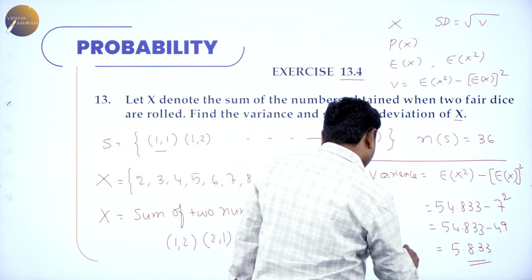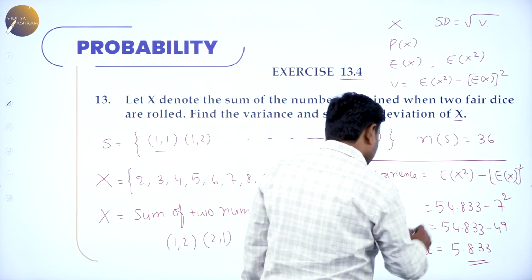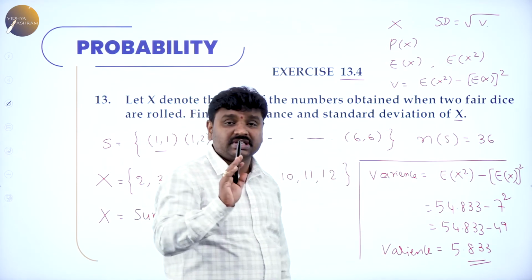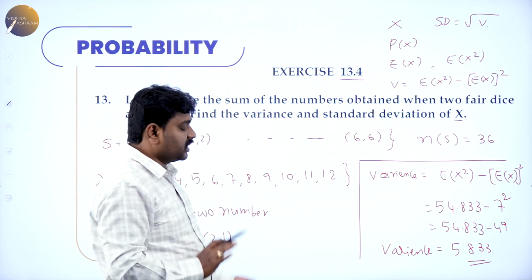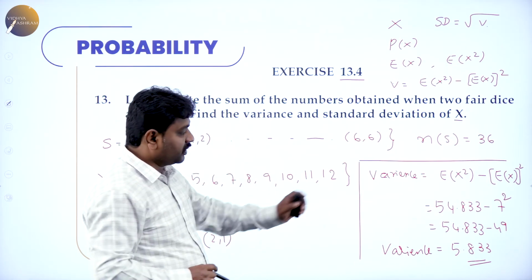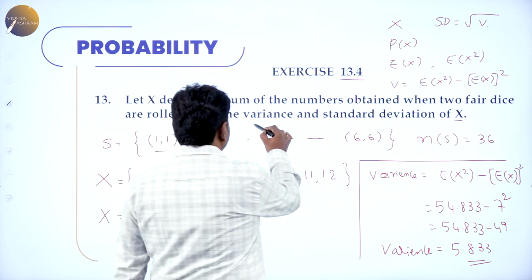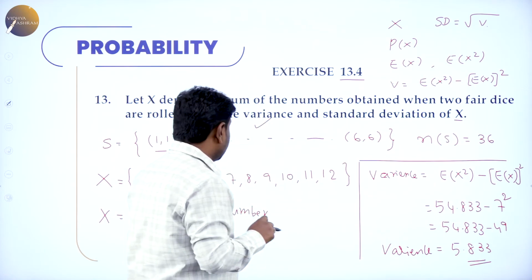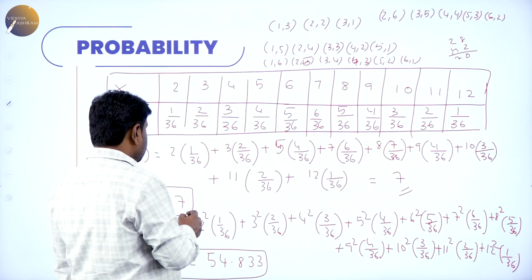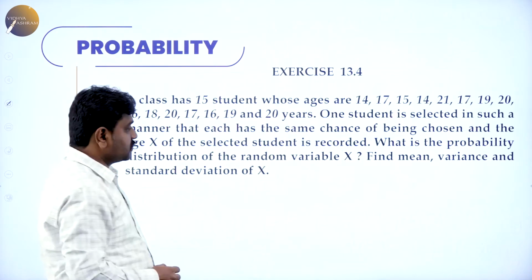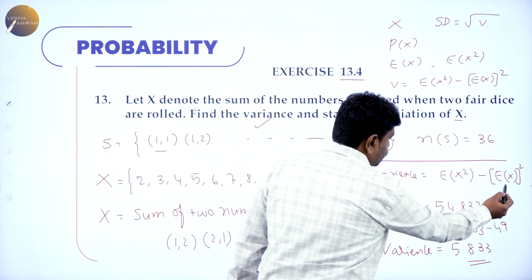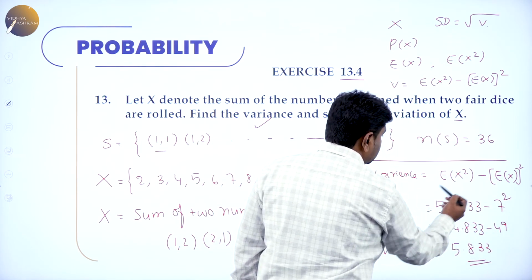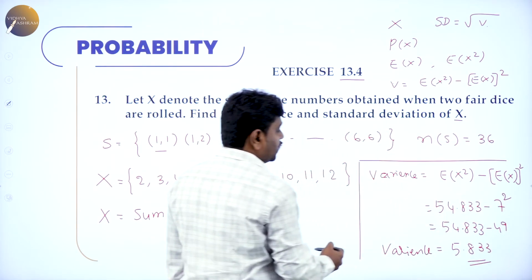This is the variance. They want you to calculate variance. You got variance. So PUC students can use calculators. Please do use calculators. Don't make any silly mistakes. Method is important. I taught you the method, and also we have solved it. We got variance. But the question is not only variance. Dear students, if you want variance, first your task is to find mean. If they ask variance, first you should find mean. Mean we got 7. So now mean we substituted, 7 square. E of x means mean or expectation. 7 square is 49. After you subtract this, you will get variance 5.833.